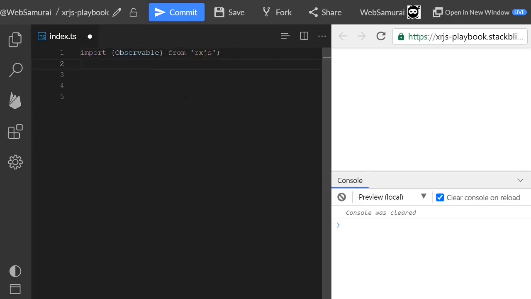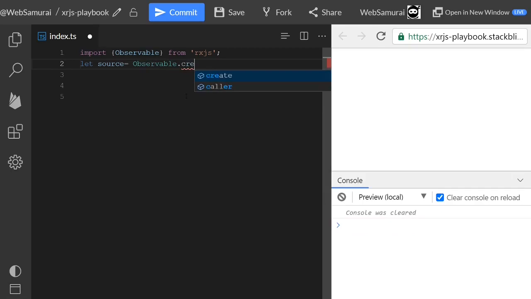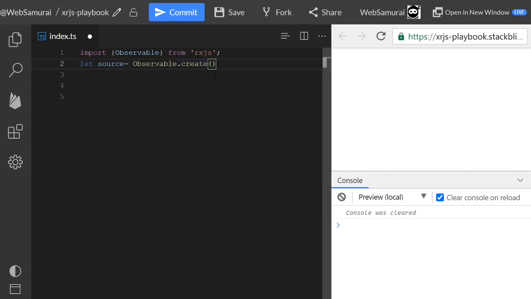Now let's create the source. let source equals Observable dot, and you can find the create method here. This create method takes a function, and that function takes a parameter called observer.